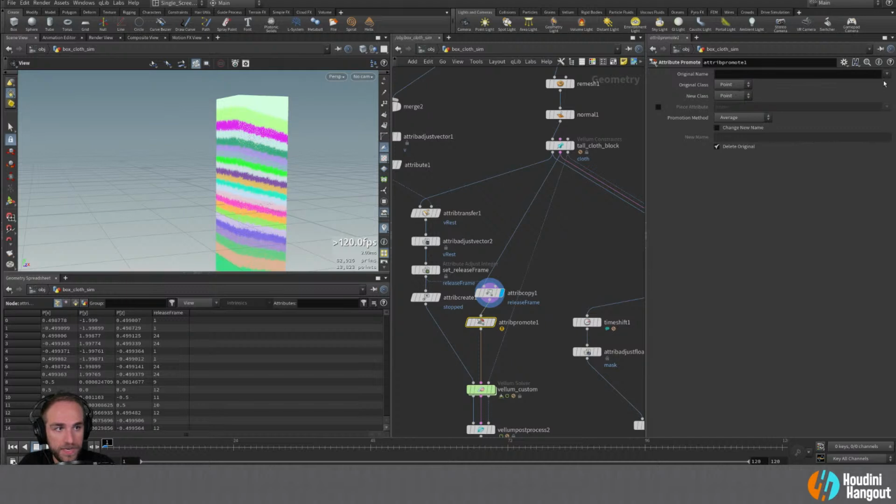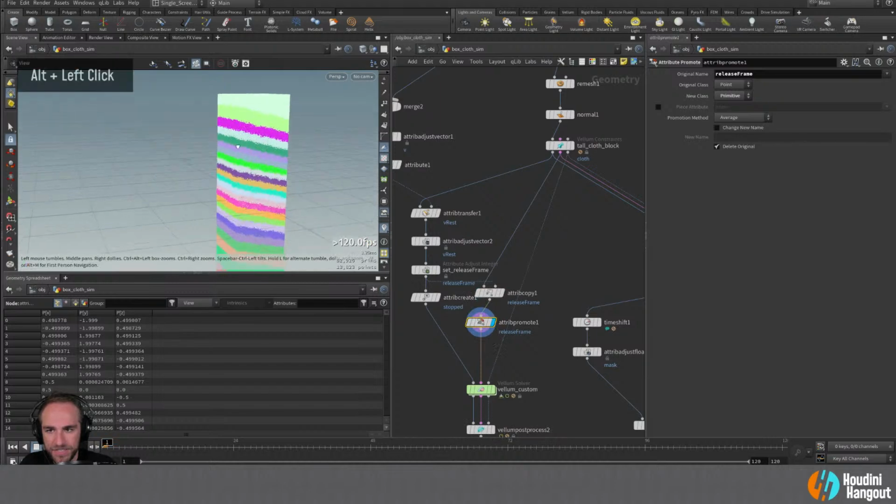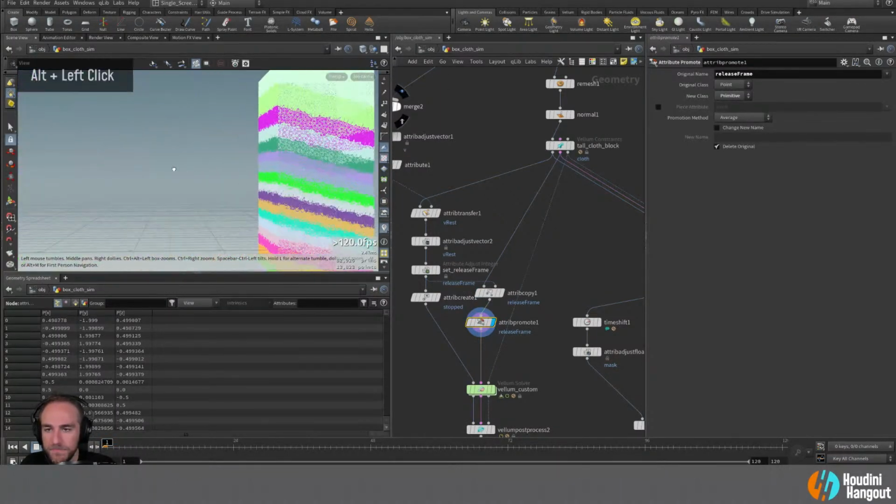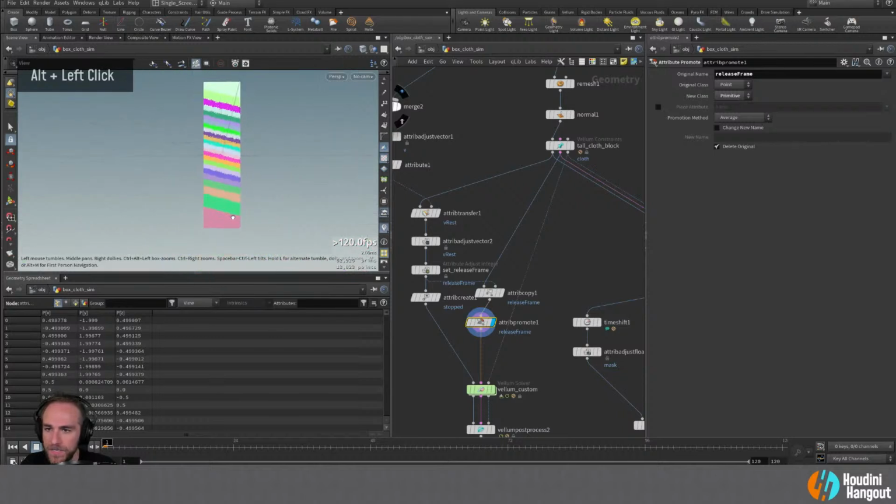And we'll go from point. We're going to just grab the release frame because we don't need it on the point. And we're going to bring that to the primitive. And what we're going to do is average that. That should be right. And so now we know that those